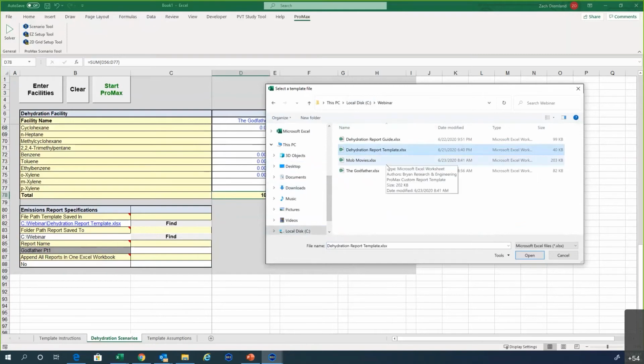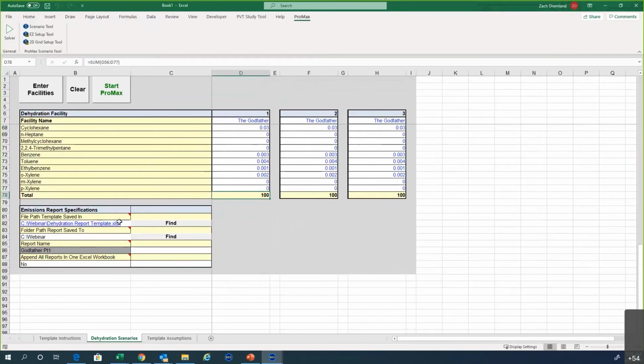So I navigate onto my computer until I find it, hit open. I've already had it in there, but it will adjust based on that. So that's a very important part to make sure the reports are done properly. So the next option is, okay, so ProMax now knows where to go find the report template, but it wants